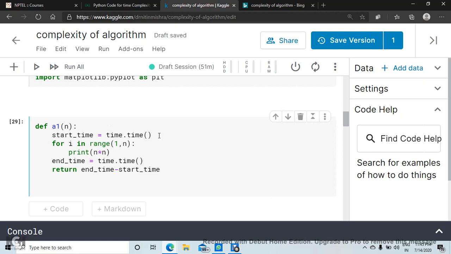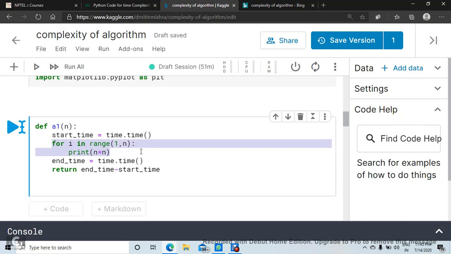See, this line will note the time, start time, and at the end of the algorithm we will note the end time. Okay, and these two lines are the algorithm.